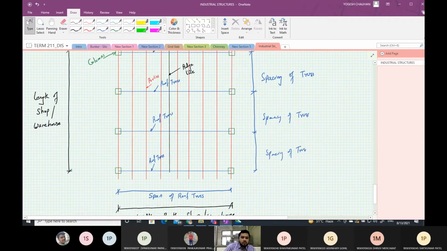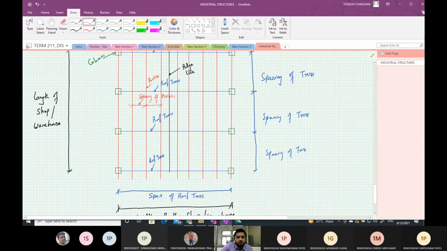And this distance, the distance between the verticals, is called the spacing of purlins, or simply purlin spacing.